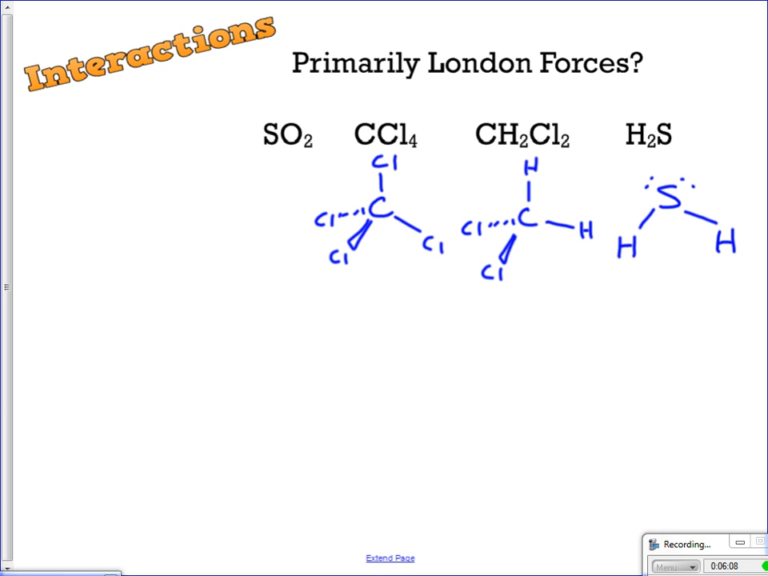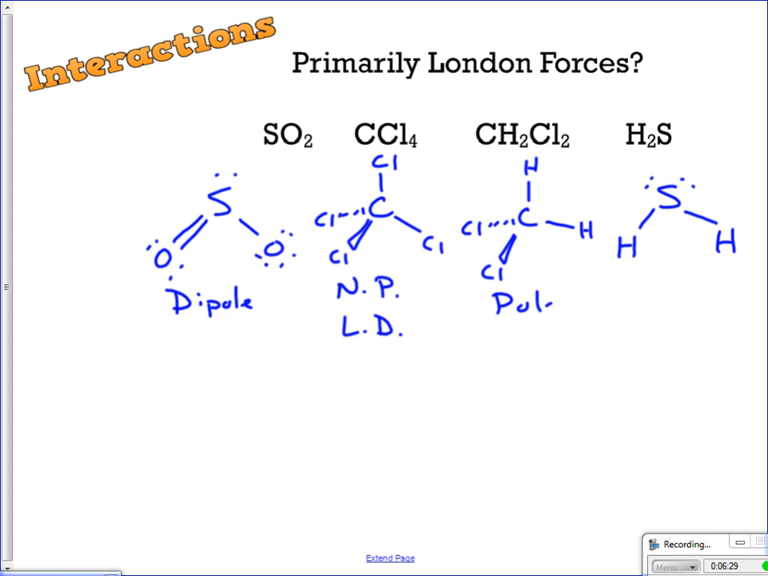And SO2, a lot of people would make a mistake on this. If you add it all up, it is also bent. So what does that mean then? This is dipole-dipole. This looks very much non-polar, so this would be LDs. This is polar, so that would be dipole. And lastly, this is not H bonding. This is also just polar. This is also dipole. So the answer would be